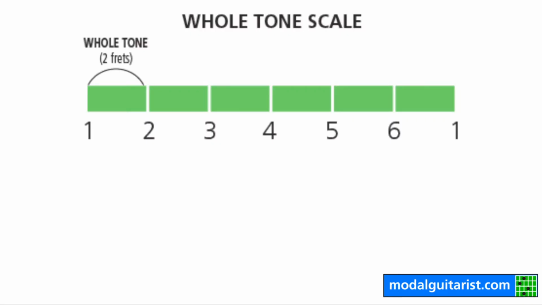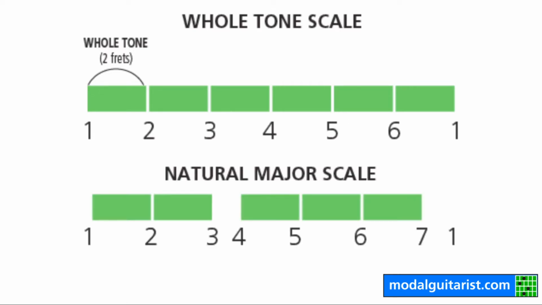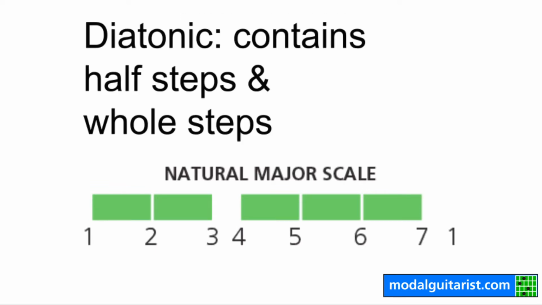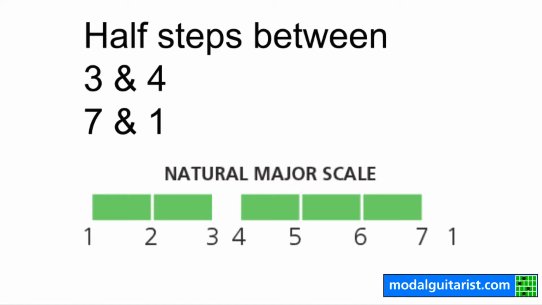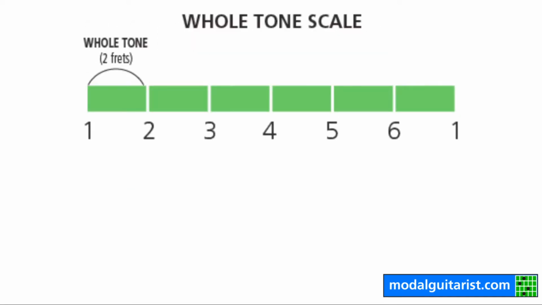We start with the hexatonic whole tone scale because basically natural modes, and I'm going to include the melodic minor modes in this group, they're diatonic scales. They're 7-note scales, and they're made up of half steps and whole steps. All the natural modes and the melodic minor modes have 2 half steps in them, and the rest are whole steps. This hexatonic whole tone scale,